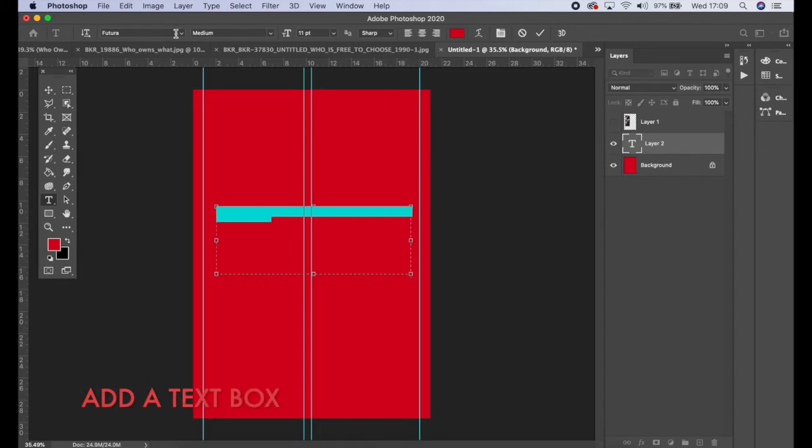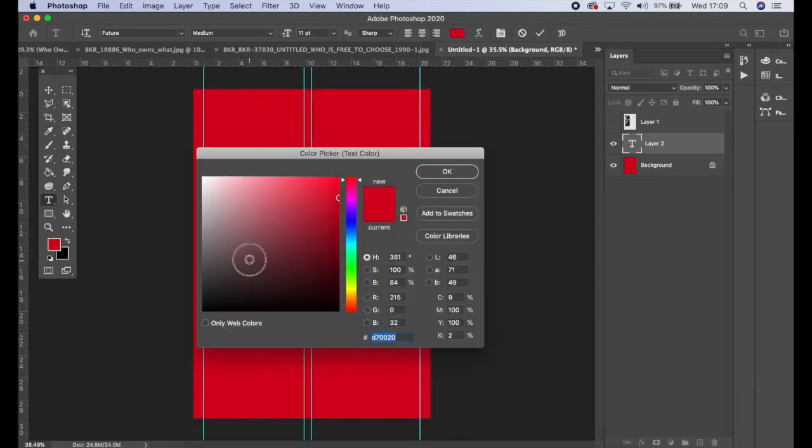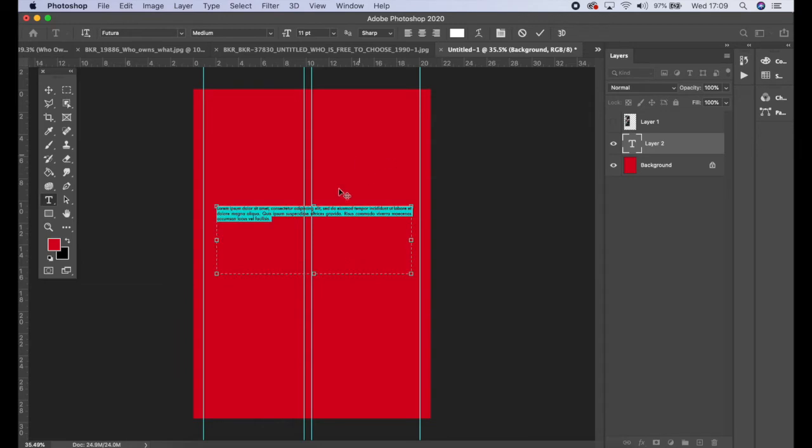Now up here you've got the fonts, you've got the size, you've got the colour, etc. So I'm going to change the colour to white. Okay, and then I'm just going to type in Kruger's name, so Barbara. Highlight that, and then if you hover here next to where the size is for your font,